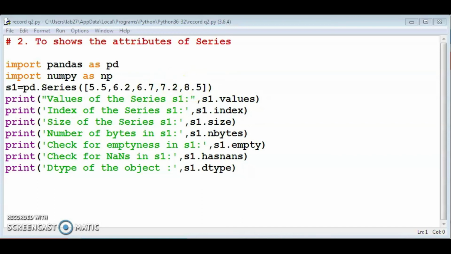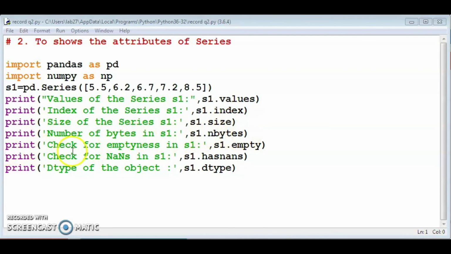Clear? Then print values of the series s1. We need the values. For that, we can use the syntax s1.values. Then second one, print index of the series s1, that is s1.index. Third one, size of the series s1, s1.size. Print number of bytes in s1, s1.nbytes.